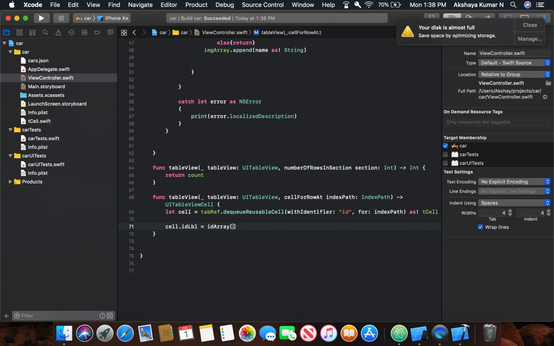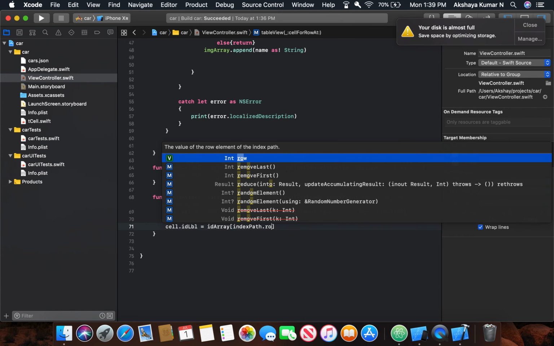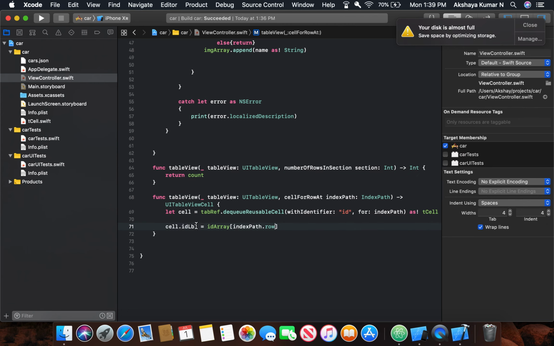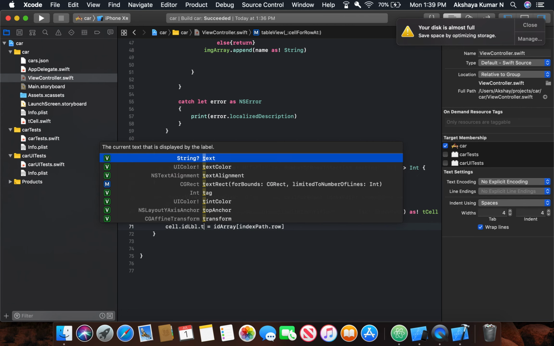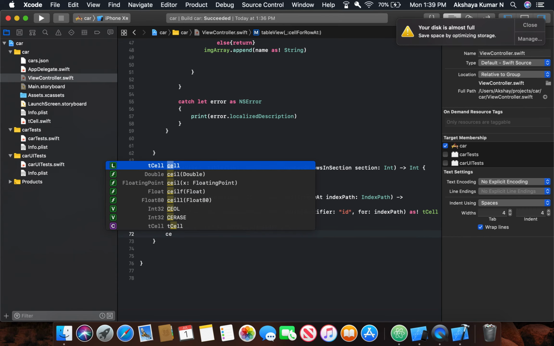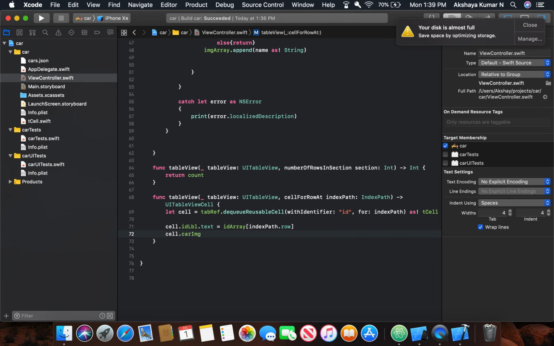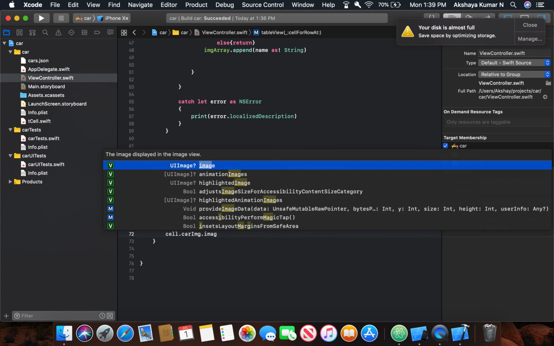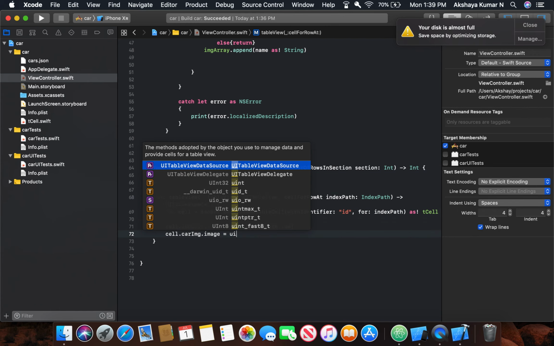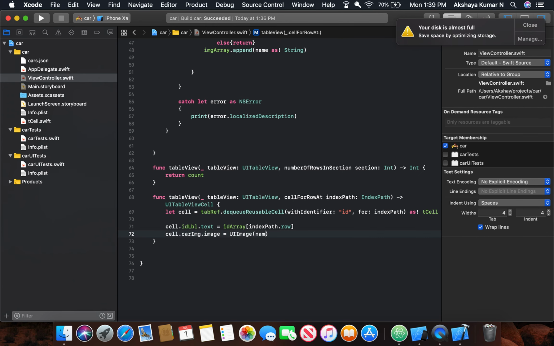We will fetch the item using index path dot row. Here id label dot text. Now cell dot car image dot image is equal to UIImage named